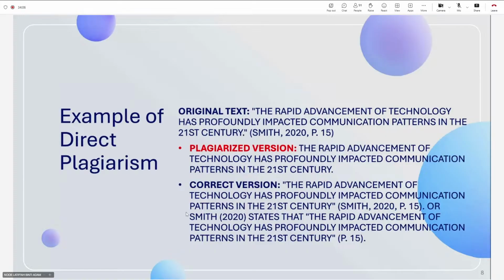Okay, this one is an example of direct plagiarism. Let's say this is the original text: "The rapid advancement of technology has profoundly impacted communication patterns in the 21st century." So this was taken from Smith 2020 on page 15. So you take the exact sentence, the exact text without proper